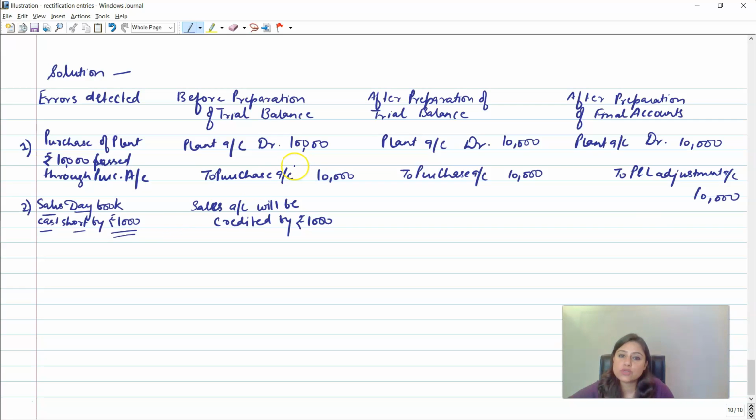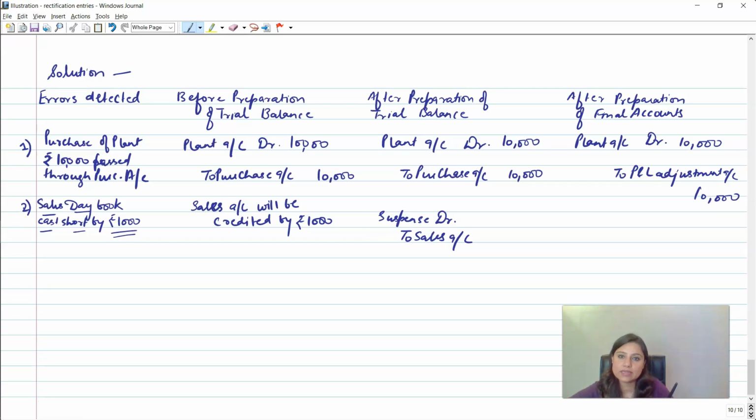So after preparation of the trial balance, all such errors and mismatches would be accounted for in the suspense account, and as and when we identify and detect a particular error, such error is rectified through the suspense account. So here we know that this particular 1,000 rupee difference has to be credited to the sales account. So we'd be crediting the sales account and the suspense account is going to be debited, as all the rectification entries need to be corrected through the suspense account,